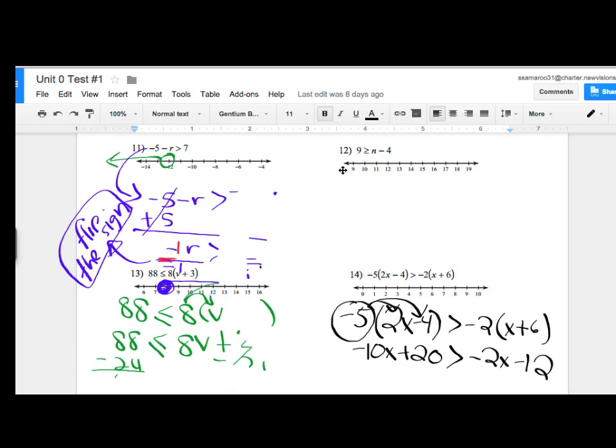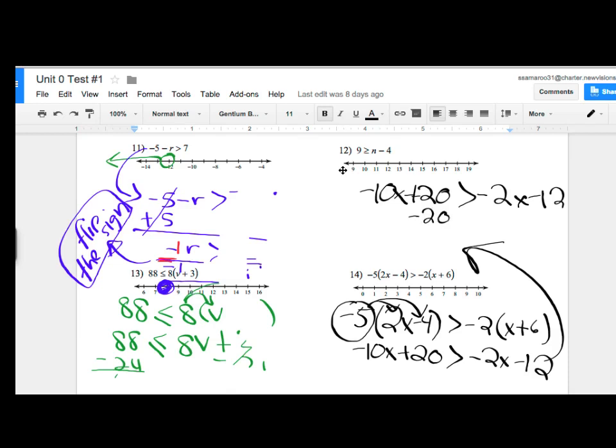Okay, for my next step, I want to isolate my variable. I'm going to bring everything up. I know we're limited on space, guys. Sorry. I'm going to rewrite it again just so it's clear. Okay, so I'm going to start with my positive 20, subtract 20 from both sides, like you would if there was an equal sign. My 20 cancels out. I have negative 10x is greater than negative 2x